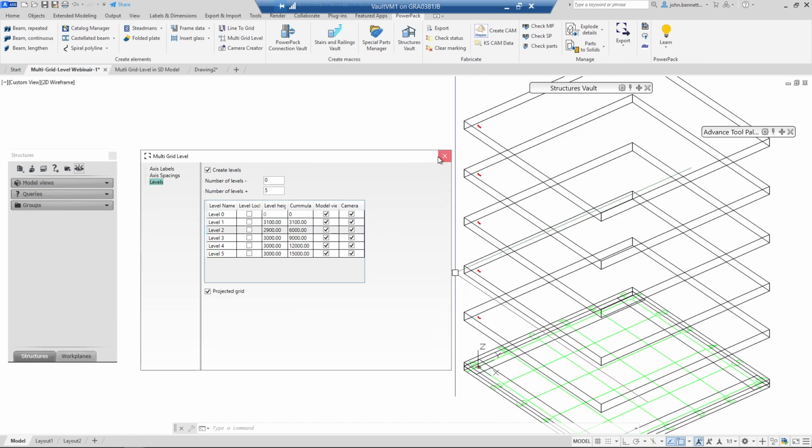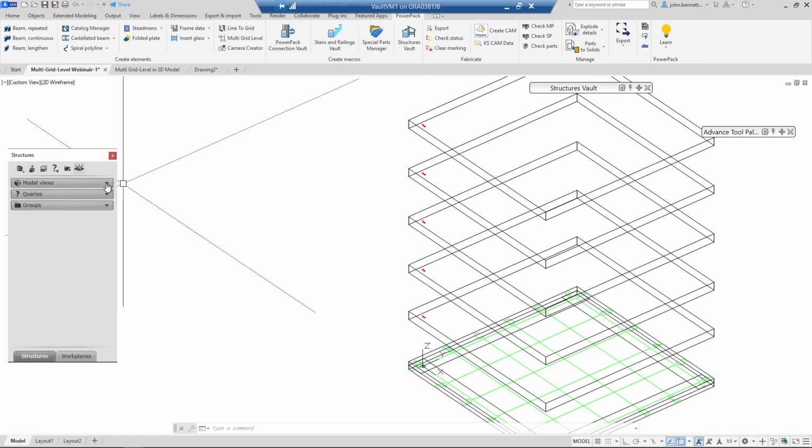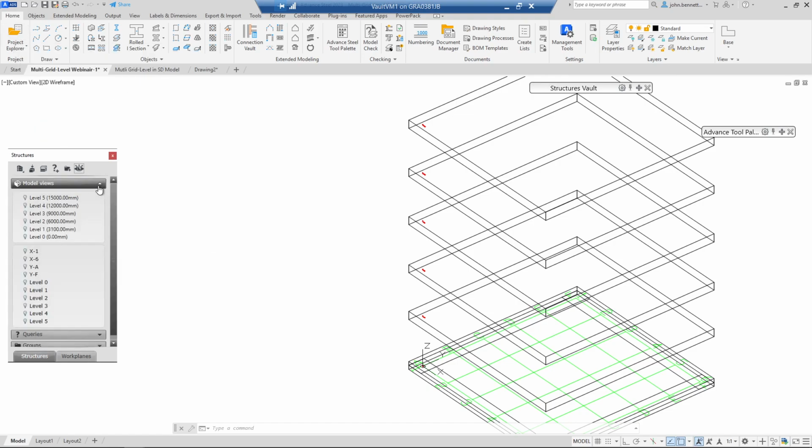So as we've been creating these within this dialog, if we just come over here, we can see the Project Explorer. This is available from the Home tab of the Advanced Steel ribbon. Under here, if we expand out, we can actually see that while we've been working inside the macro, it has populated the dialog here with the various views that we created and also the levels that we've created within the model